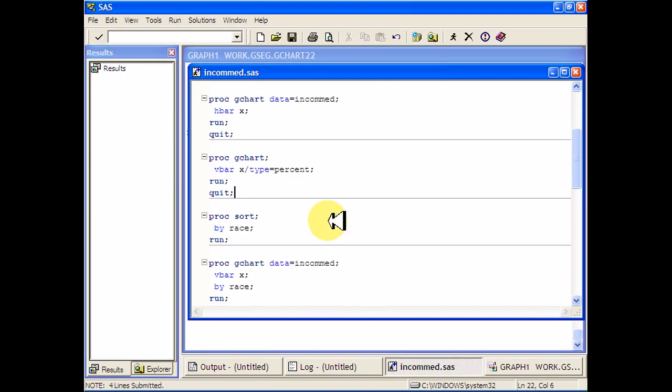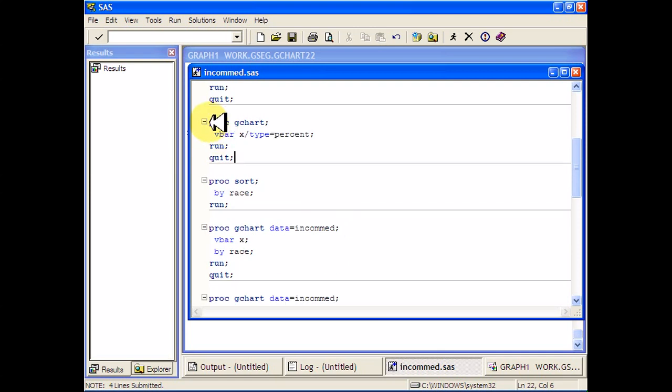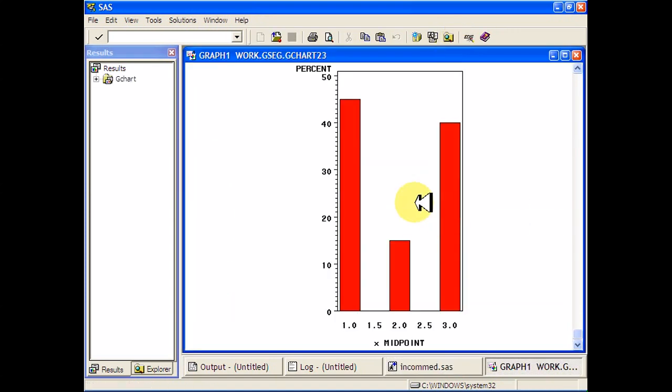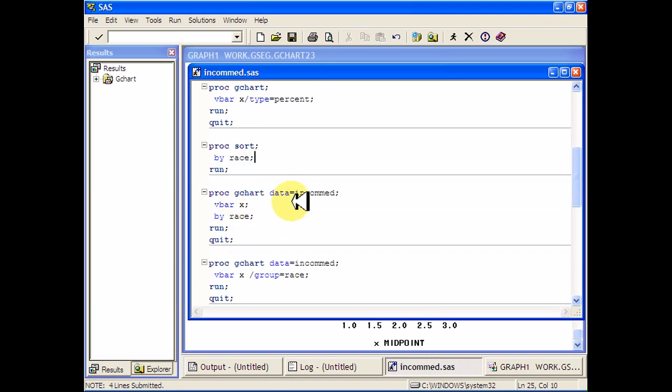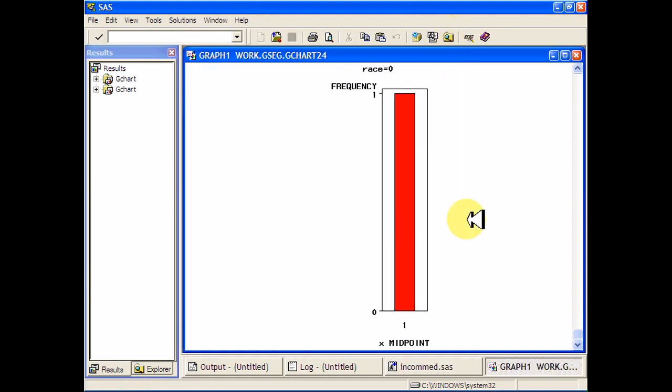Now let's look a little bit more. We can also do, instead of frequencies on our bar charts, I can put percents. So if I'm looking at this chart, I've got percents in this left column. One more option is I can sort things by race. So if I want to run this Gchart and then have separate charts for separate races, I can run this